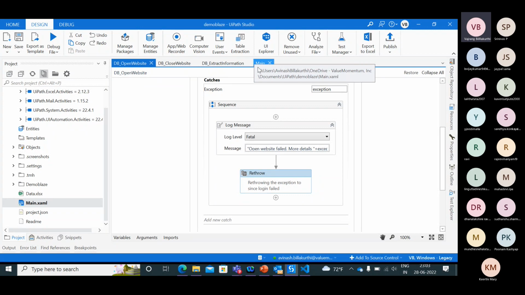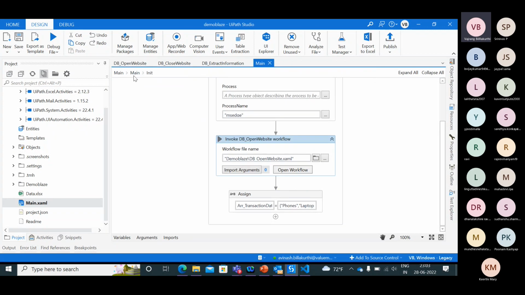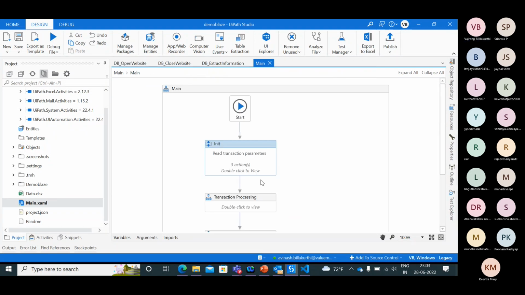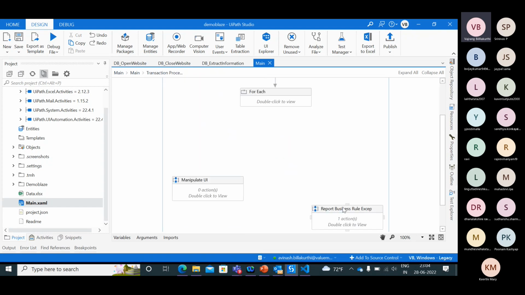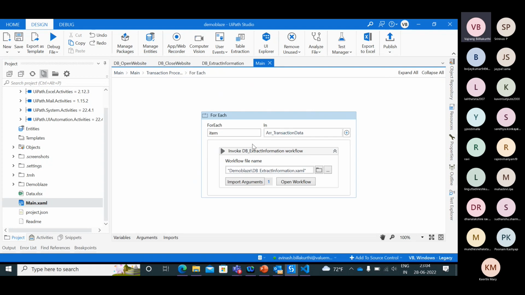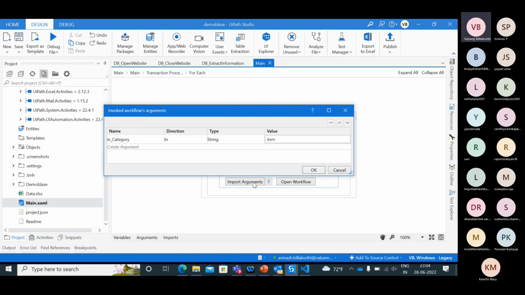Now, if I go back to main, I'm checking the transaction processing. Here, this I can just delete. There is no need for this. I am having a for each loop. In this for each loop, in the import arguments, I'm sending in the category.